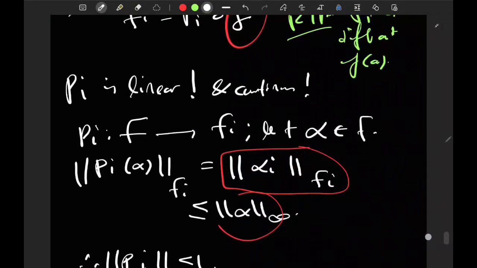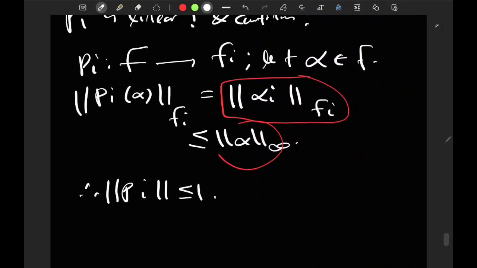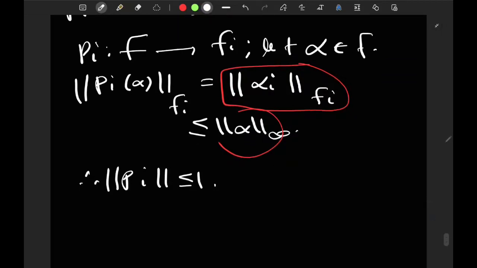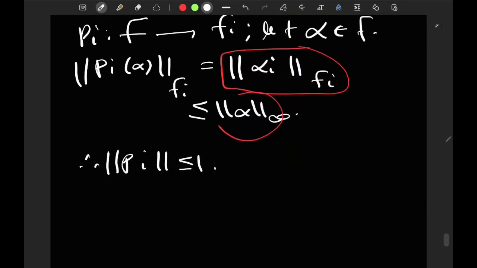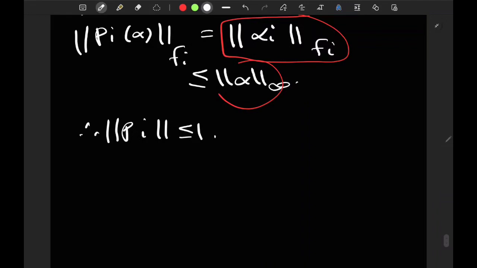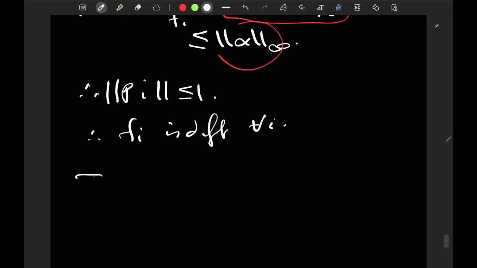To show that it's linear is really very easy. π_i is just projecting. If you are adding two things and projecting this addition, then you get the addition of the projections. And therefore π_i is differentiable, so therefore f_i is differentiable for all i. That's the first direction. The second direction is that